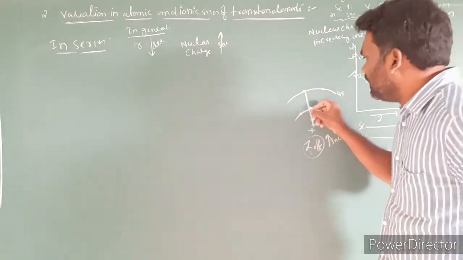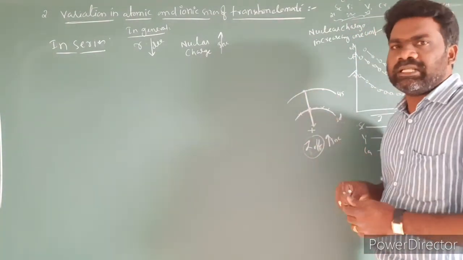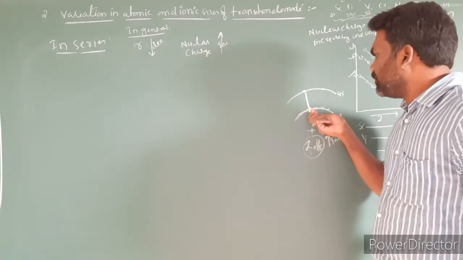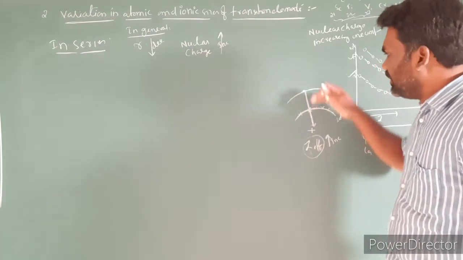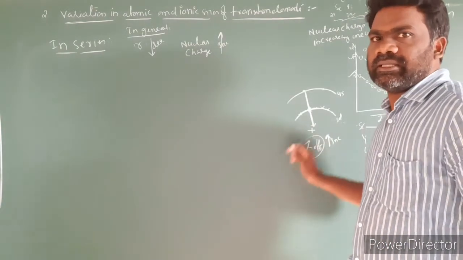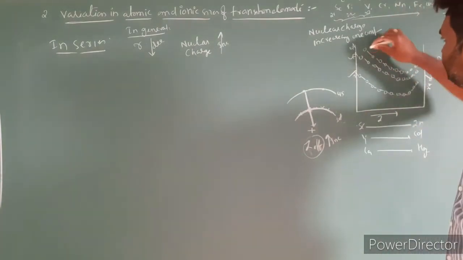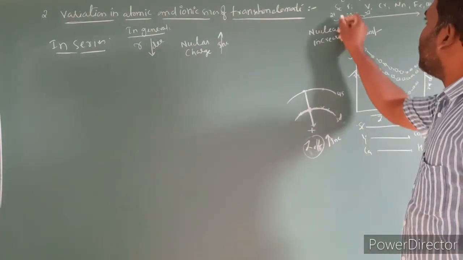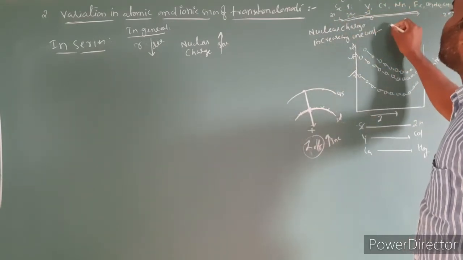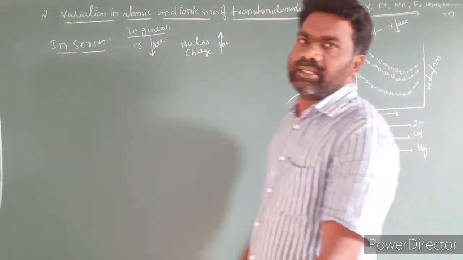You might have one doubt. The electrons present in the inner shells will repel these electrons, but the shielding effect of the d orbital is not effective. So due to the shielding effect of the d orbital not being effective, the size gradually decreases. Here, the effective nuclear charge is greater than the repulsion of electrons present in the inner shells. As a result, from scandium, titanium, vanadium, chromium, up to manganese, the atomic radius decreases.